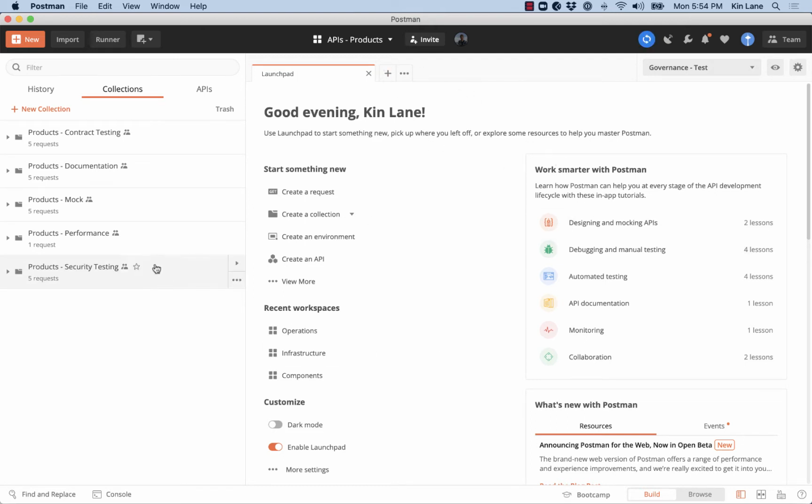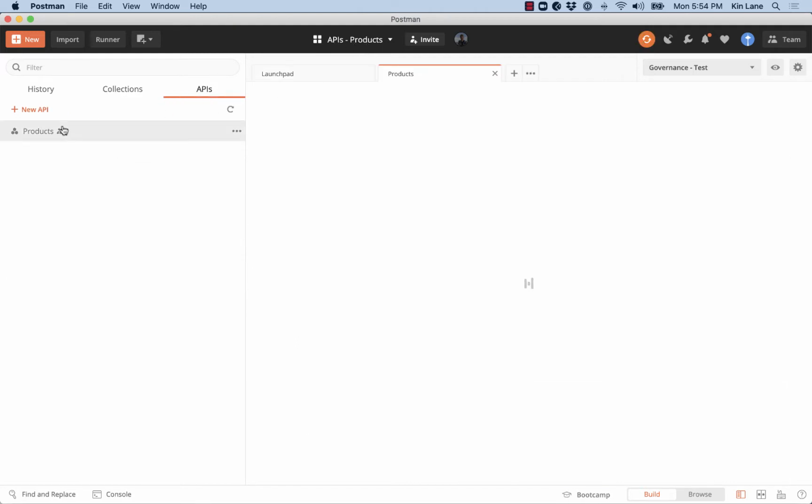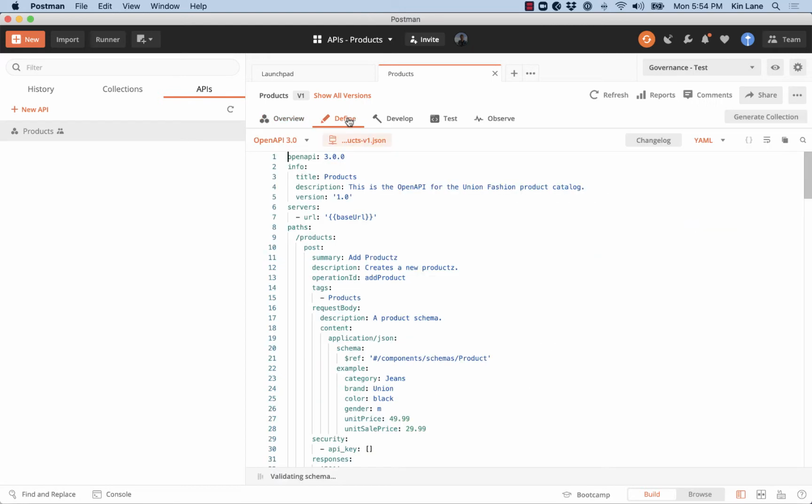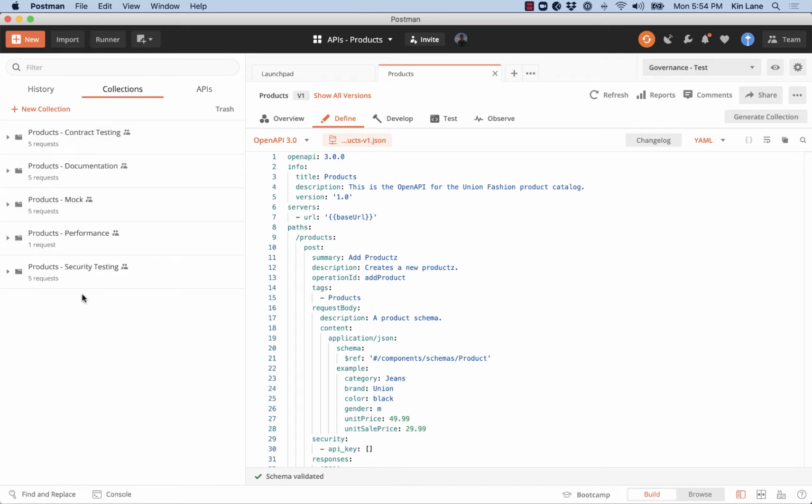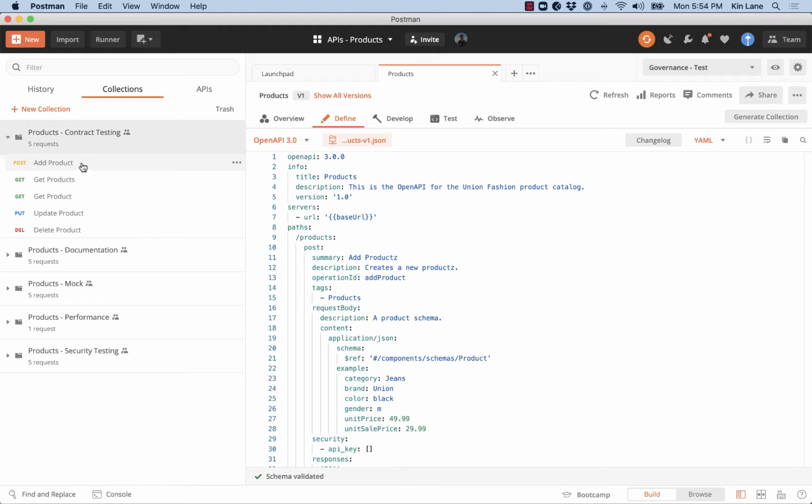Here I have a workspace for a specific API. This is a reference implementation that we've developed. It's a products API. In this workspace, I have an OpenAPI definition that is defining this API. I've got a handful of paths, all defined in OpenAPI 3. I've generated a suite of collections from this, and one of those collections is a contract